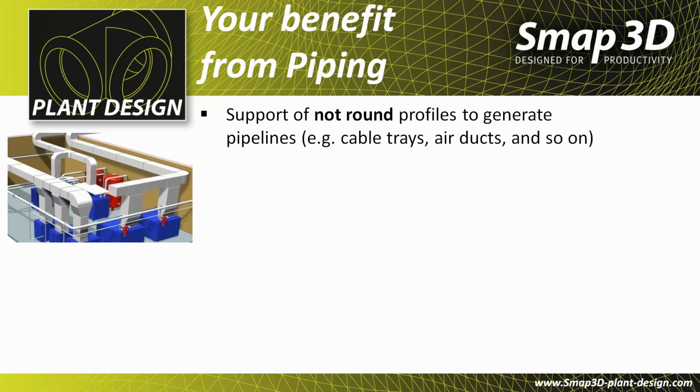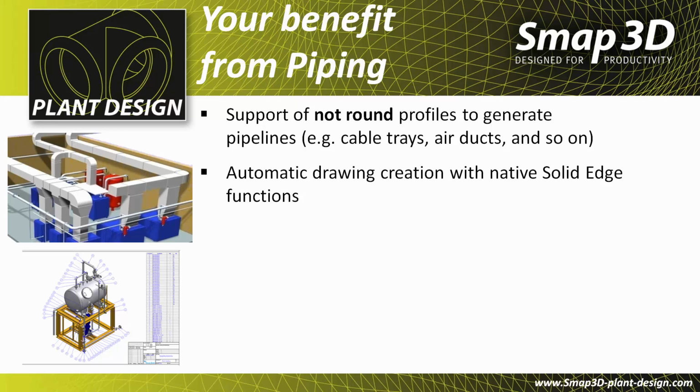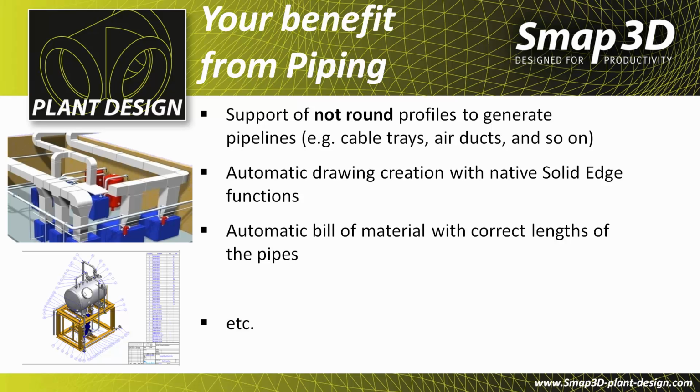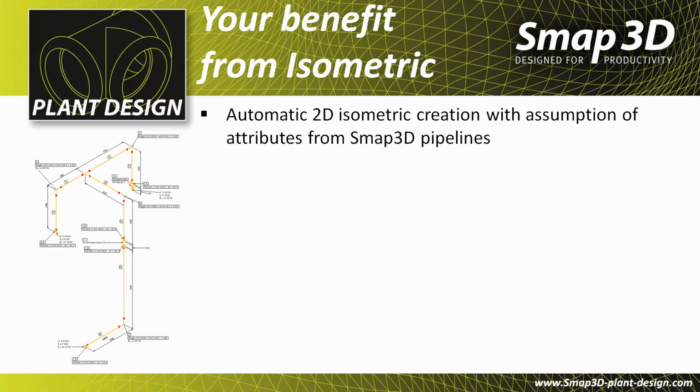Smap3D piping also supports the usage of non-round profiles to generate pipelines for air ducts or cable trays. With native Solid Edge functions, you can automatically generate 2D drawings with bills of materials in the correct length of the pipes. The isometric application provides you the automatic creation of single-line isometric drawings leveraging all of the available attributes